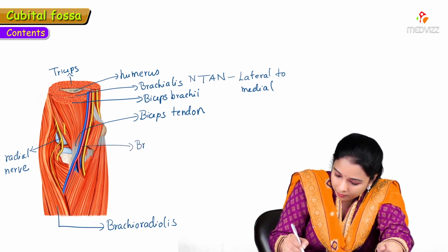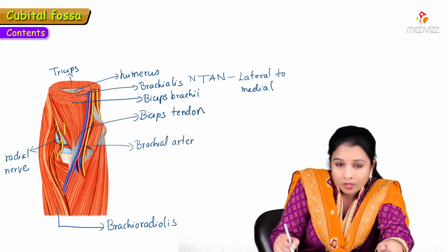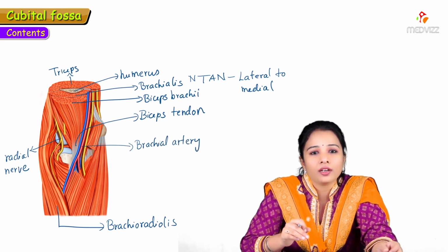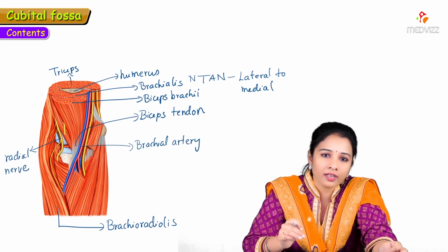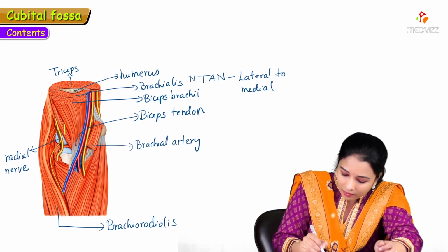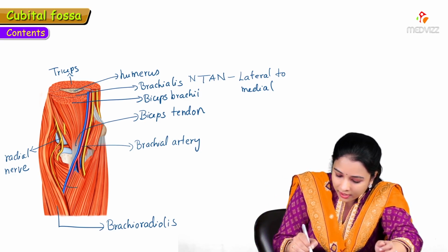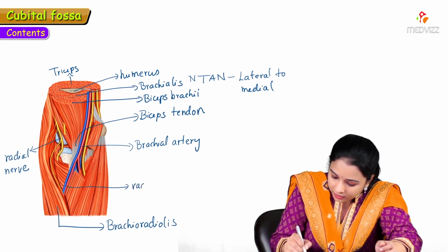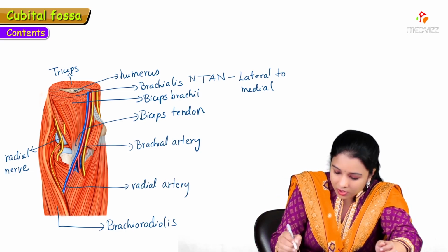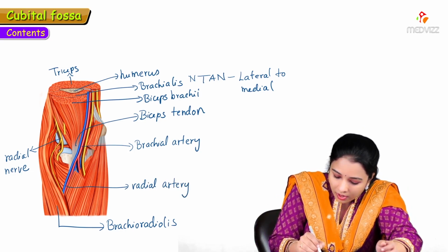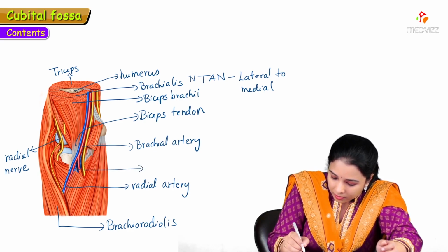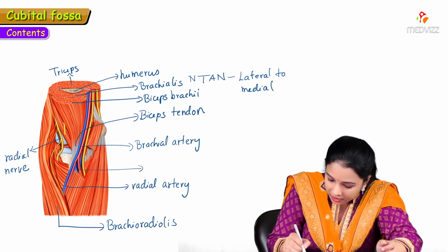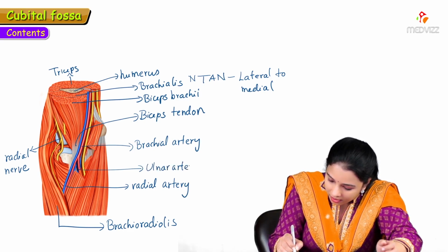Brachial artery. And we can see the brachial artery divides into two terminal branches, which are called radial and ulnar artery. So the one which is going towards the lateral side is the radial artery, which is superficial all through its course. Whereas if you see the ulnar artery, it goes deeper, posterior to the pronator teres. So this is ulnar artery.